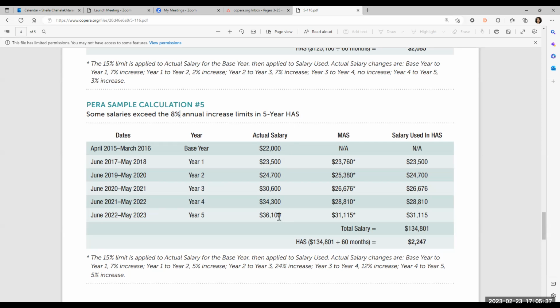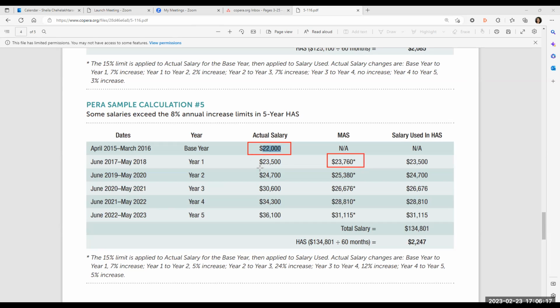So what we do is we take that lowest year, as you can see up here, this 22, actually, let me annotate. So this is just an example. But if we take this $22,000, that's going to be the lowest of all the salaries you see, right? And then we just basically stack them for the next 5 years, okay? Because most of us, like I said, probably have a 5 highest year average salary. So what happens is we take that base year, and then let's say that next year you get a raise, but your raise is not over that threshold of 8%, then we count your whole salary, right?